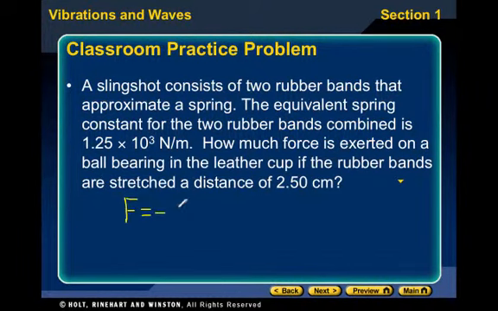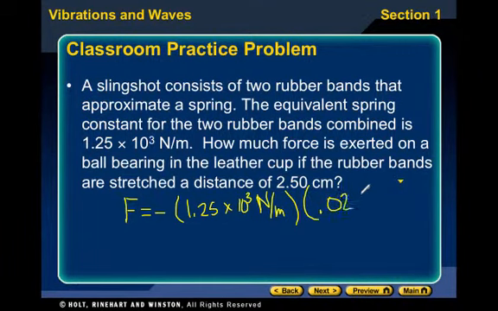Like, negative k x, so k is 1.25 times 10 to the third Newton per meter. What's k again? Spring constant. Times 2.5, that's your displacement. But we need it in meters. Look, this is in meters, so it would just be 0.025. So what do you get? 31.25